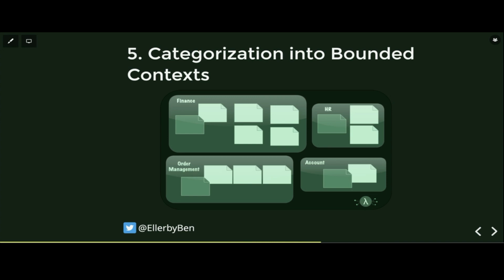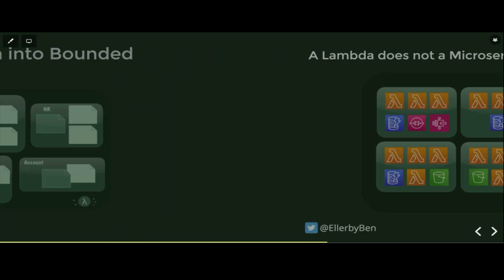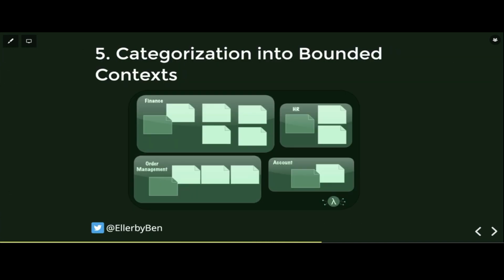Once we know our entities, it's time to categorize the bounded contexts. Now, bounded context is a slightly complex term from event storming and domain-driven design. It's a context in which a term can be used ubiquitously. For instance, booking might have a different meaning in order management than it does in HR, and therefore there are 2 bounded contexts for the same term. This is quite a nuanced concept, and in very complex organizations can be very useful.